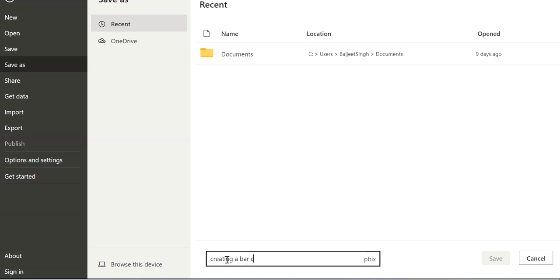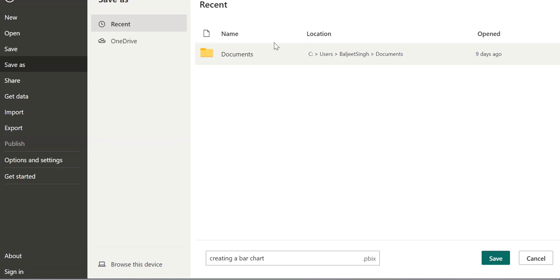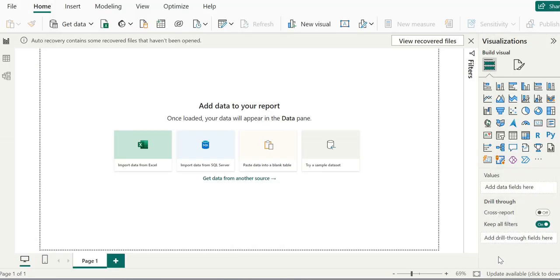A bar chart, we are giving this name, and we will click Save. So we have saved it as creating a bar chart.